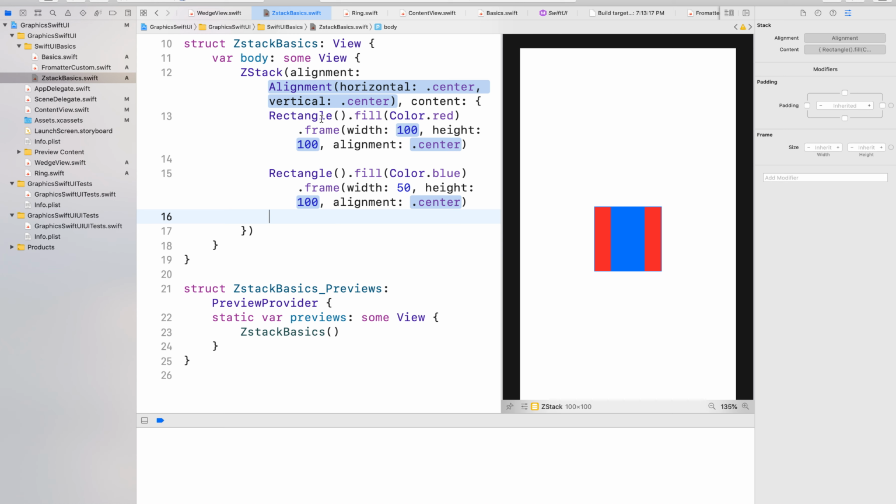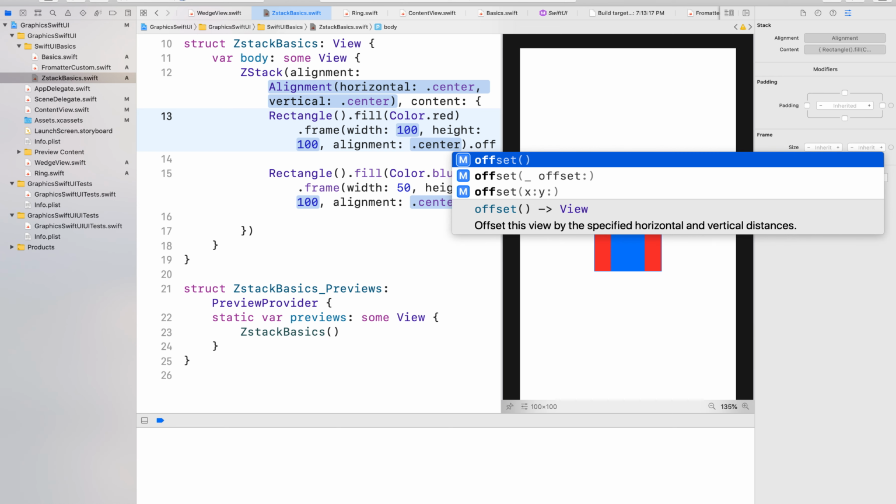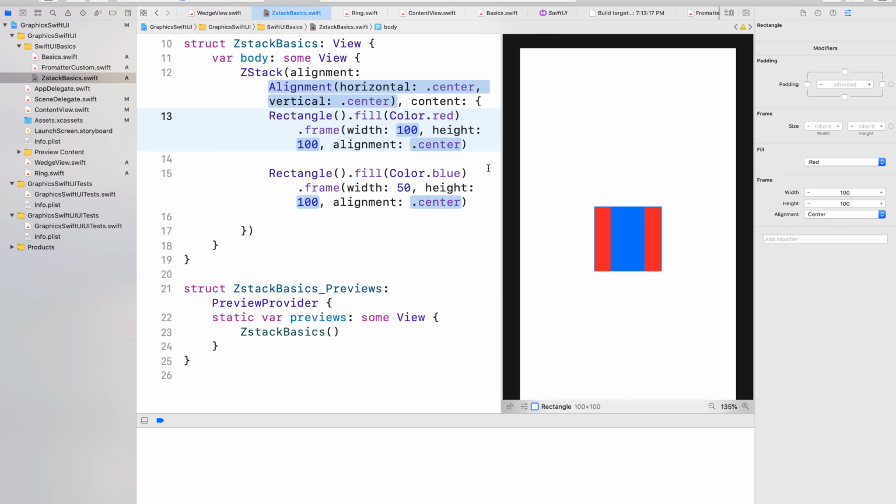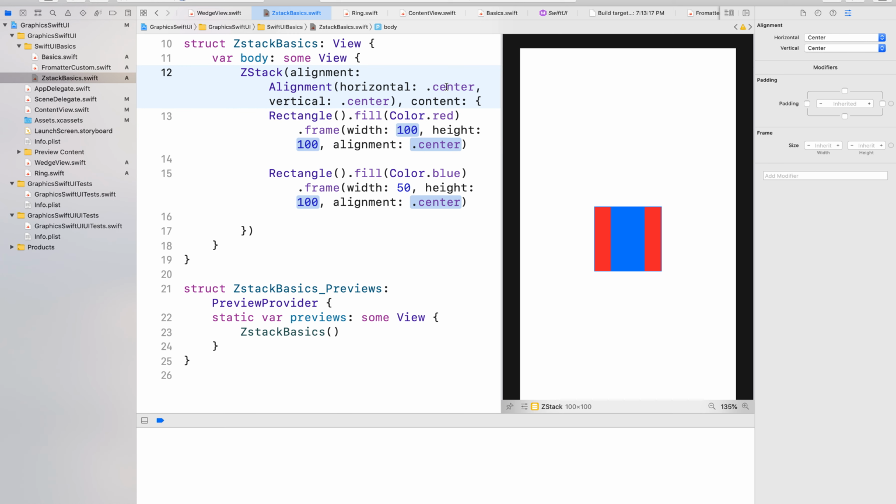Now there are two rectangles here, red and then blue, and they are overlapping. ZStack will overlap because it depends on the coordinates of that view. So we can define coordinates with the offset, and then according to those coordinates it places the view. And if the coordinates are not given, the coordinates of both rectangles are center, so they're overlapping each other. So it's best to explain this overlapping. Let's say